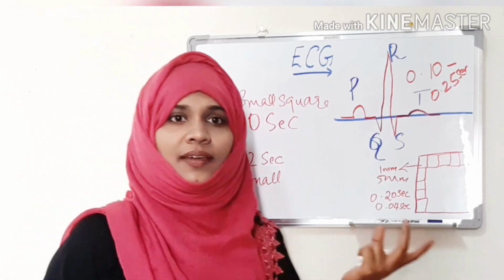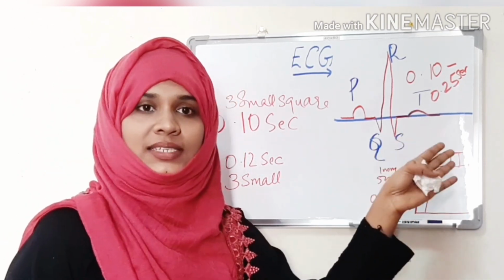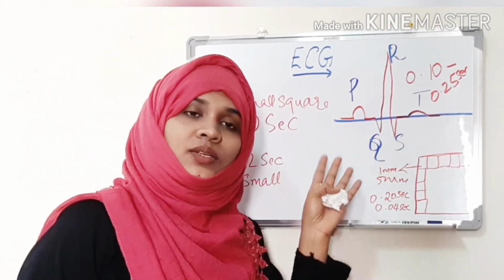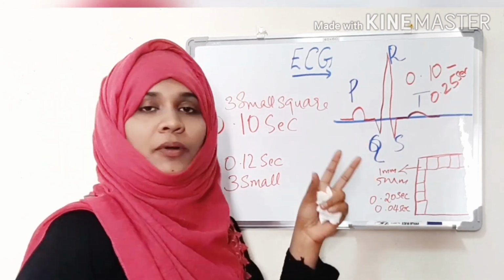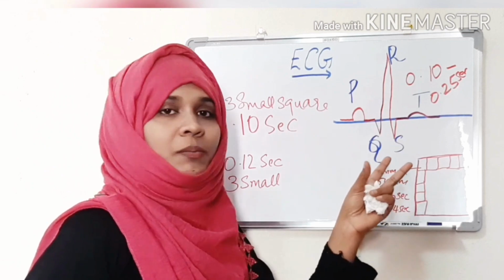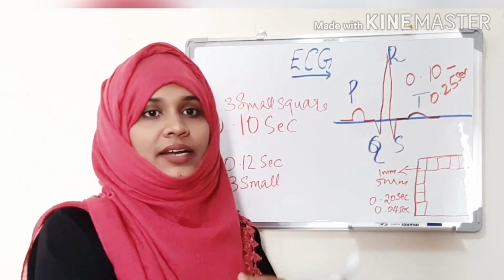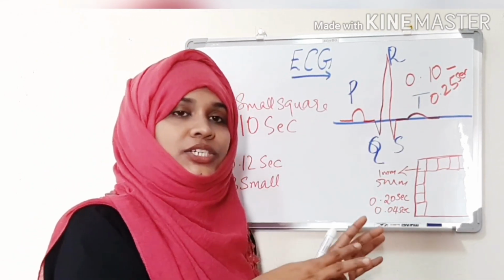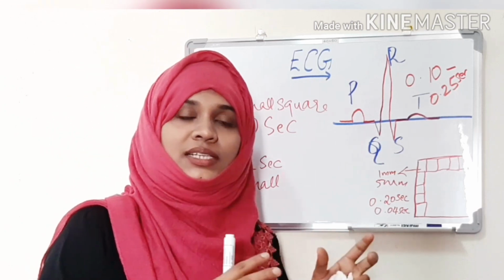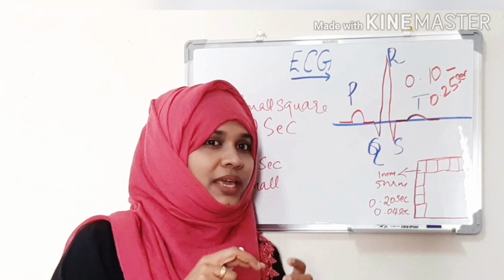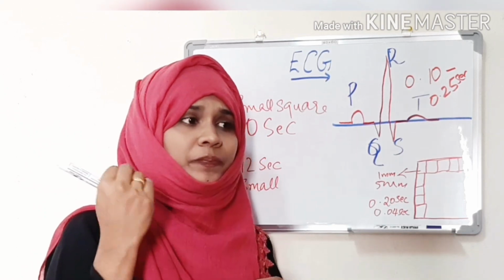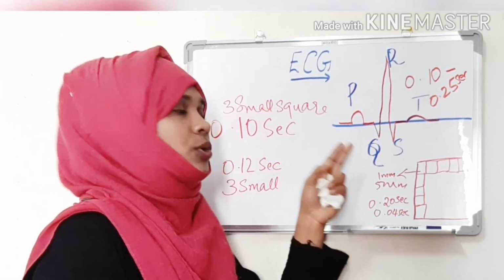So you will be thinking, why do only the ventricles have relaxation? No, the atria also have a relaxation process, but the problem here is that the QRS complex masks the activity of atrial relaxation, because the ventricles have more muscle mass, so the wave that comes from the atria is masked by the QRS complex.